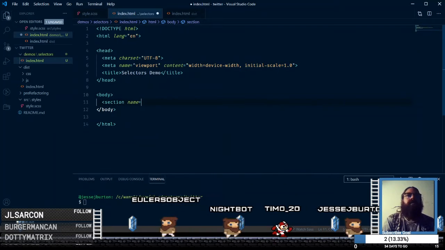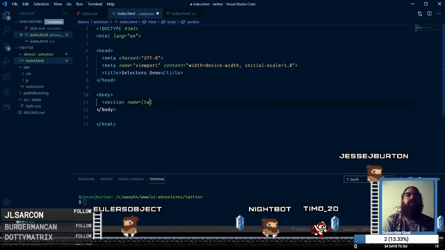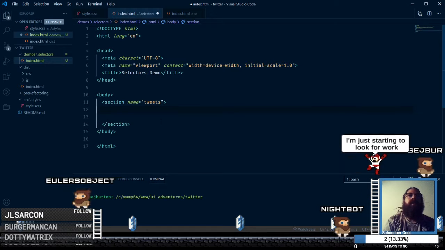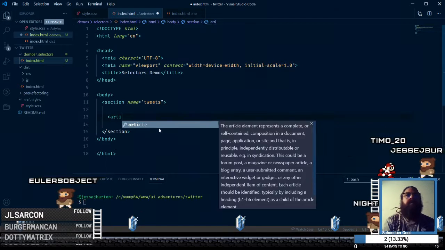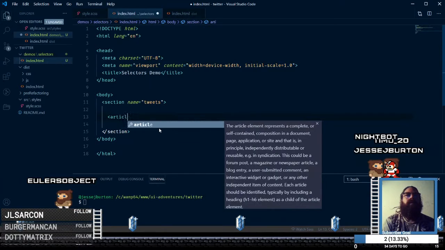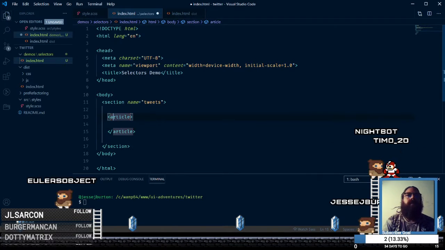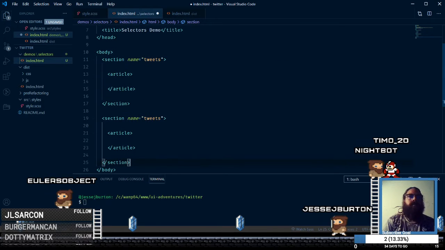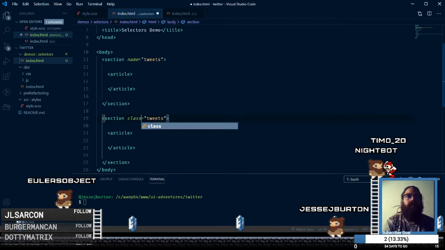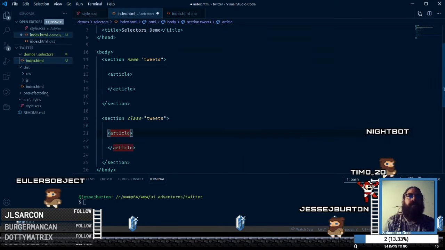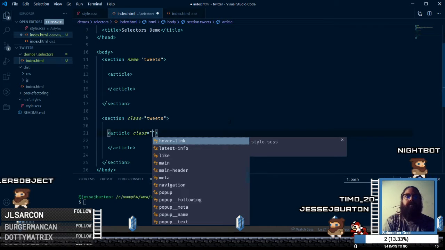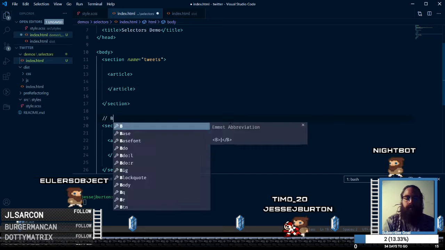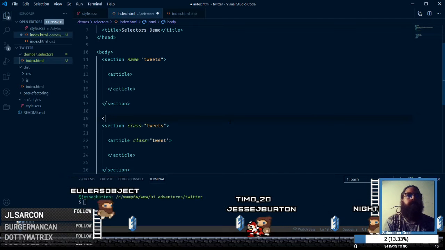So we have our section, which the name is tweets, which is what we had done, and then we had an article. And my thinking was each article would end up being a tweet, so that way we don't have to do sort of, here's the kind of comparison. A standard way we would do this: class equals tweets, and then this would be class equals tweet. And so this might be like a